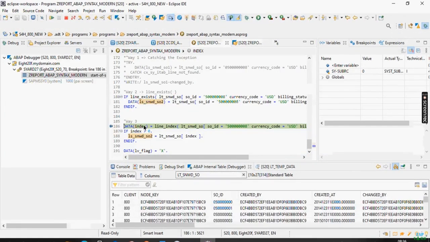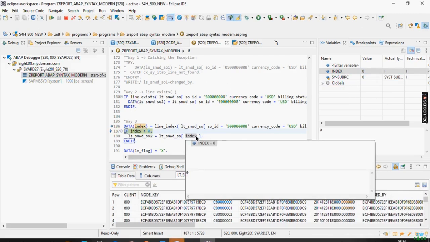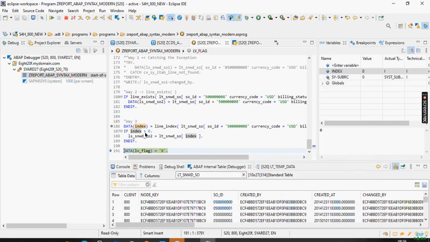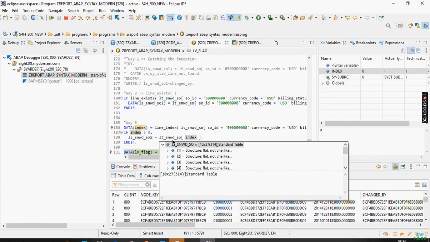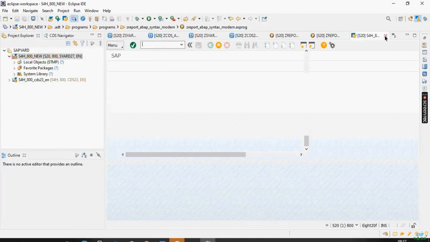Once we go to the debugger perspective, see here, this is index, right? Index is of type I, and the initial value is 0, because type I initial value is 0. Now if I do an F5 here, index is 0 because it did not find any line with respect to this record. If I execute the next line, it did not go inside, it came out here. So if I do an F8,